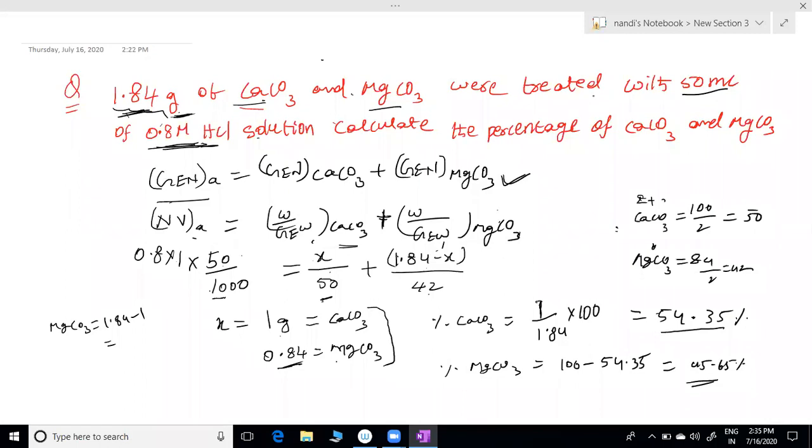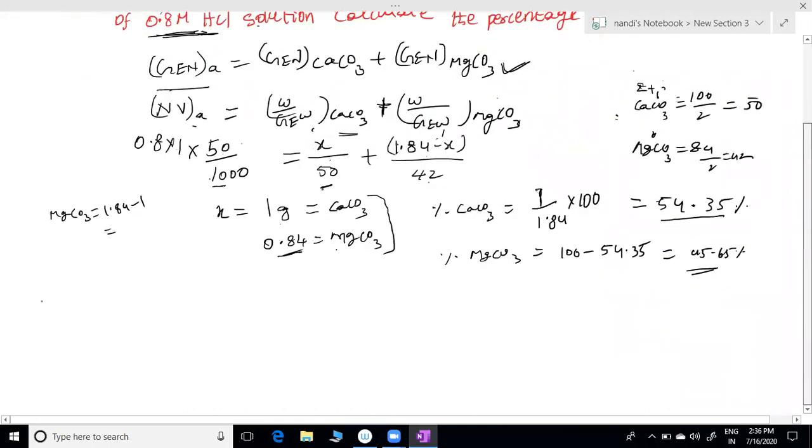One more question for practice purposes. Try to utilize this, even if you are learning from different teachers. Maybe you are going to some other tuition or you have other teachers also. But I am giving an easy method according to my experience and my interest. Try to follow this. You can solve even without writing any equations. We don't want to write any equations to solve these questions. Just by knowing and practicing more, that is enough. That's why I spend more time on calculating n factors also.